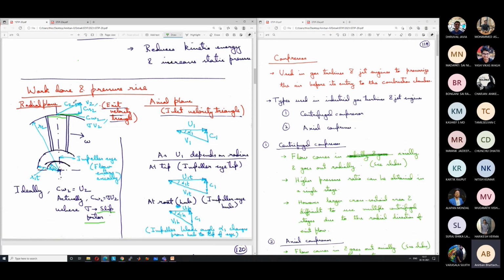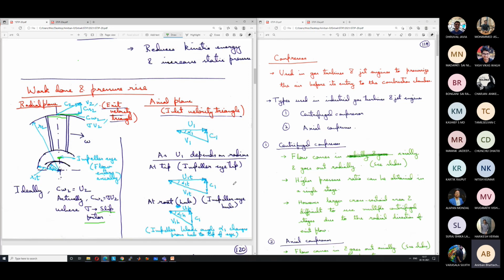What about the inlet? If I draw the inlet velocity triangle at the mean radius, say at this point, C1 is the absolute velocity, which is coming from towards you to the plane of the screen. Okay, and U1 is the mean velocity of the blade. Obviously the blade velocity increases with the radius. So the relative velocity will be V1, which will be at an angle alpha 1 to the blade velocity. Okay, so this gives us the vane angle at the inlet, at the mean section.